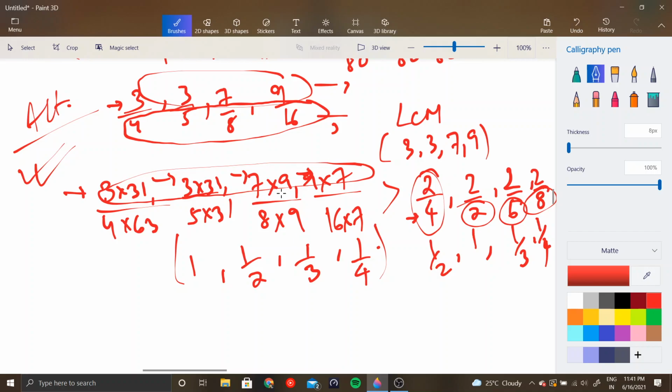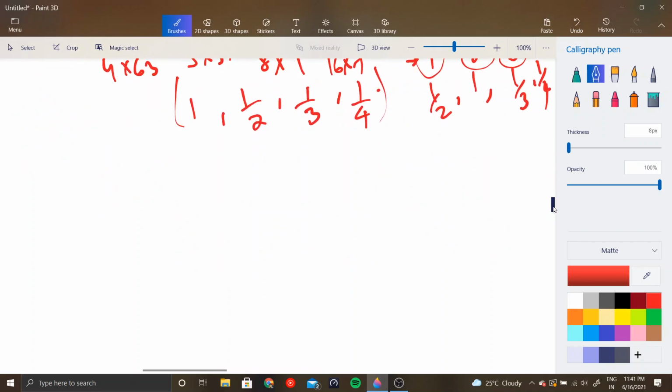Now the next thing: there is a short trick for comparing two fractions. So these methods are for n number of fractions. But when you are given just two fractions, a by b and c by d, do you need to first convert them into like fractions and then compare them? Given two fractions, you don't need to do that. A simple method is cross multiply.